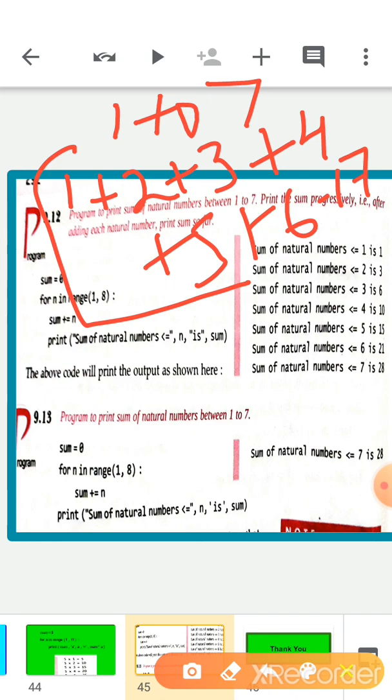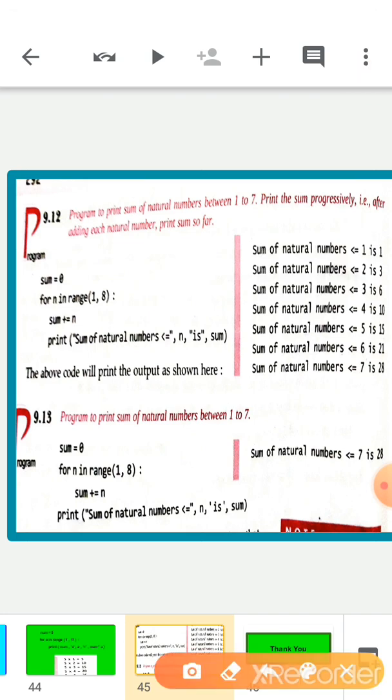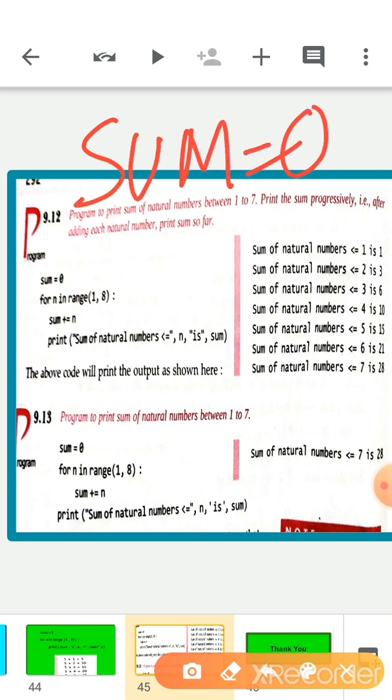Okay, so for that we need one extra variable, so I'm taking the variable sum equal to 0. This variable is going to collect the sum of each and every number which comes, according to the requirement.